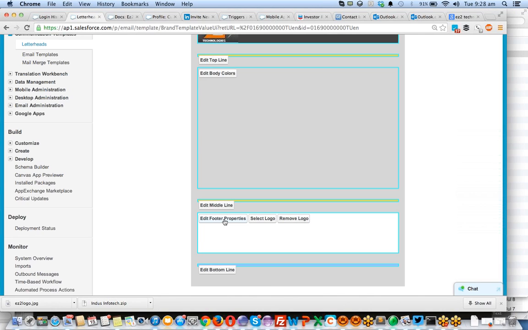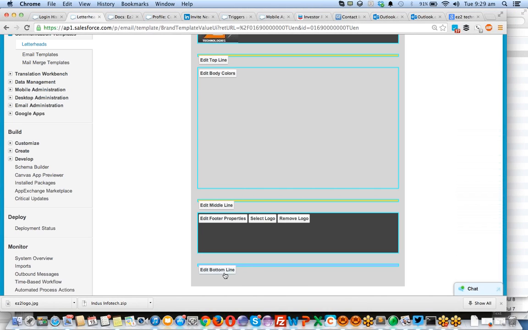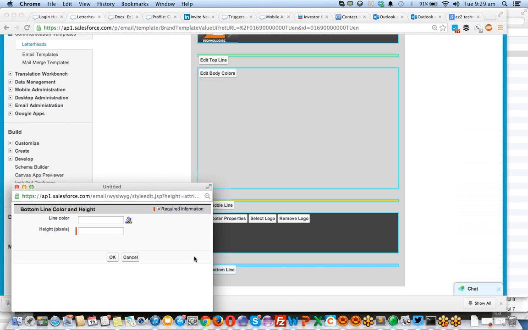Generally people will give address or locations of the company. It's like important information about the copyright, all this stuff, okay? And some people will even give the security stuff also, okay? Photo properties. Let's make this the same ash color which is in the top. Click on save and